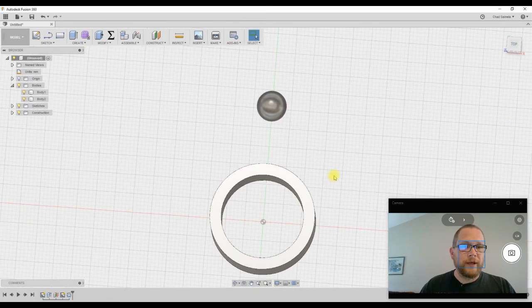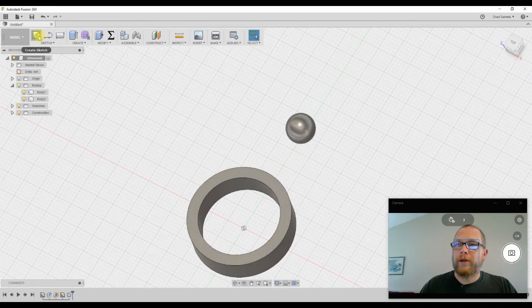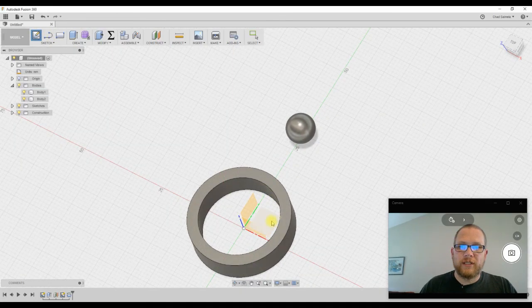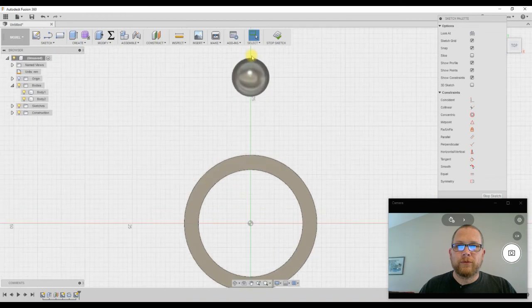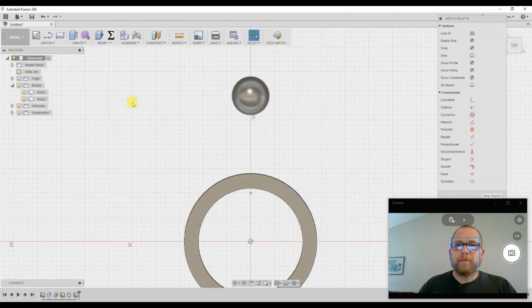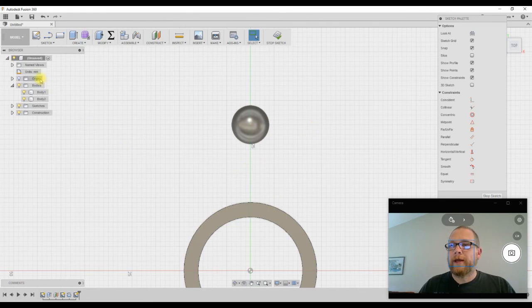So what I'm going to do next is draw my part for my arm, and I want to get that arm drawn. And so I'm going to create a new sketch, and I want this new sketch to be back on the bottom because it's going to be the thickness of that part again. And I'm going to zoom down this way a little bit, pan that down, and I lost it. There we go, straight on. I like drawing straight on. And I'm going to draw